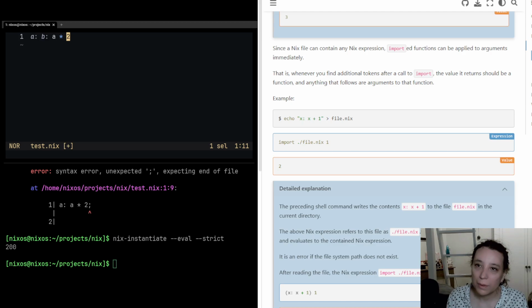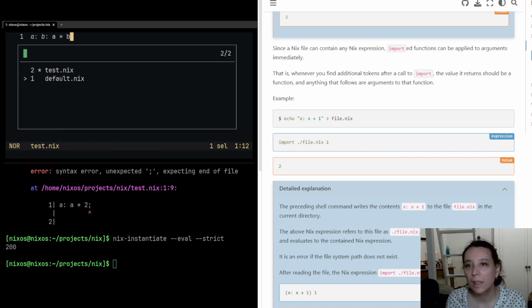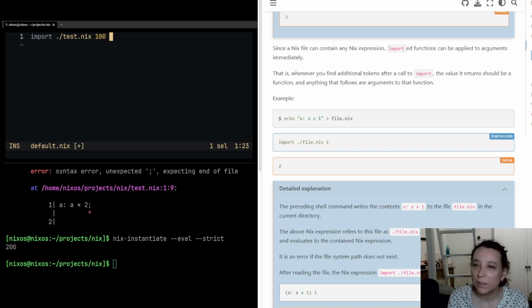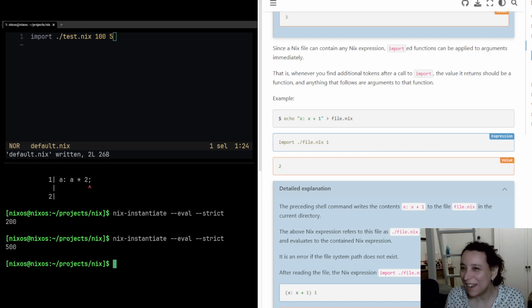So now I can do like a times b. Now when I call it, I should be able to pass 2 numbers and it should multiply them together. Hey, I remembered how